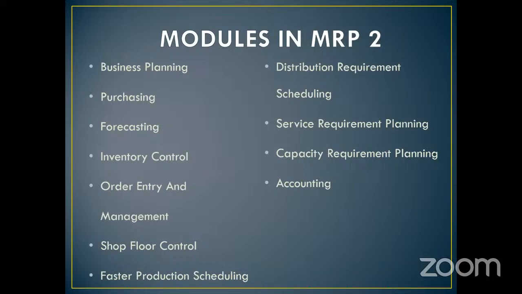It consists of business planning, purchasing, forecasting, inventory control, order entry, and management. Then the floor planning, then the master production schedule. After that, we have to take into account the distribution requirement planning, then the service requirement plan, and thereafter the last bit, what is called the capacity requirement planning. And the last, very important term is accounting, because without accounting nothing takes